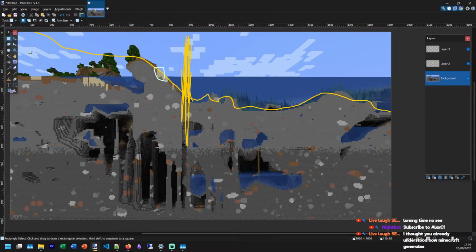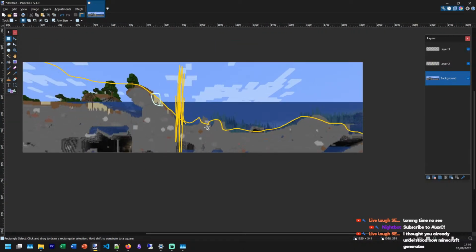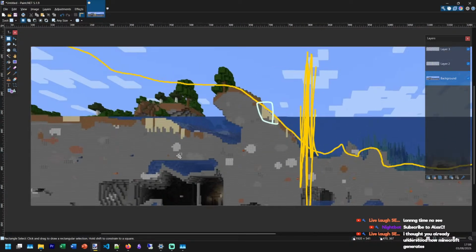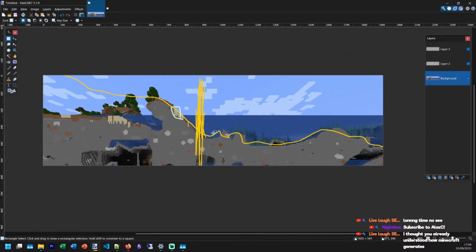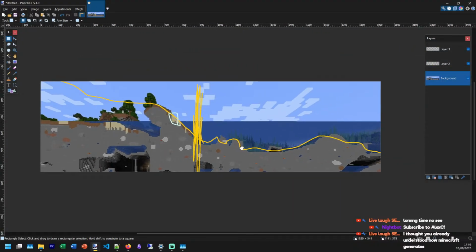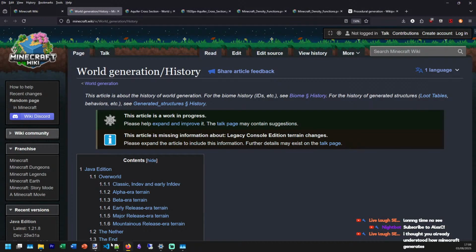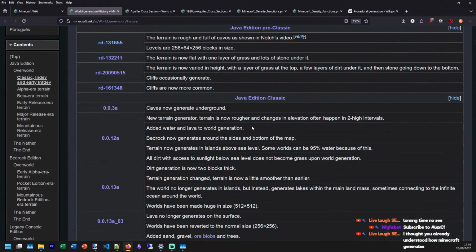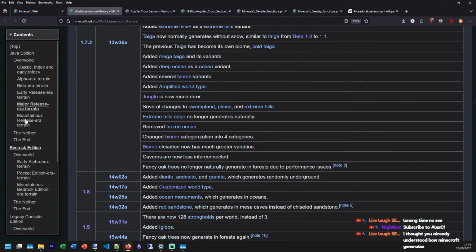The thing is, we can actually just completely ignore everything below the ground, like so. But then it's the other noises that just get to me. Oh yeah, we can look at the history. Fascinating.